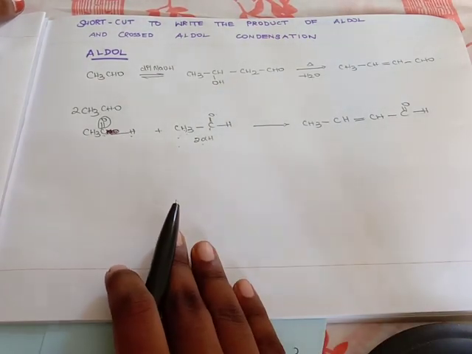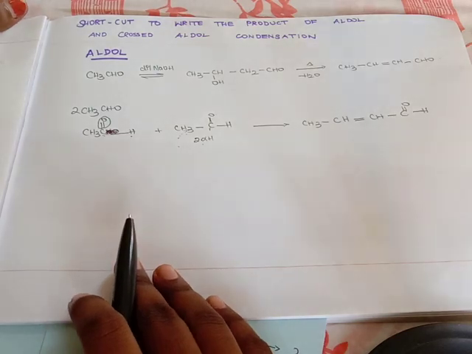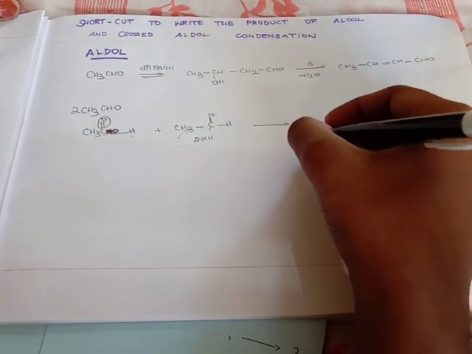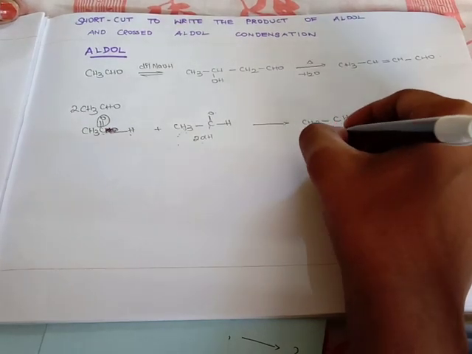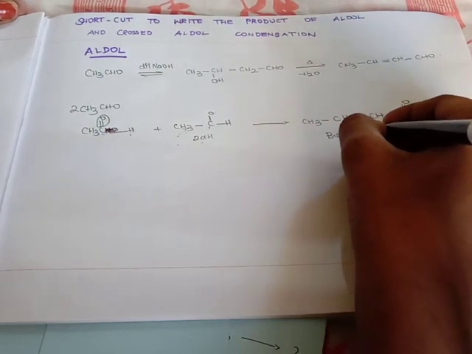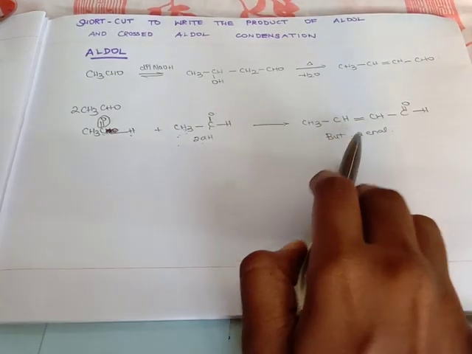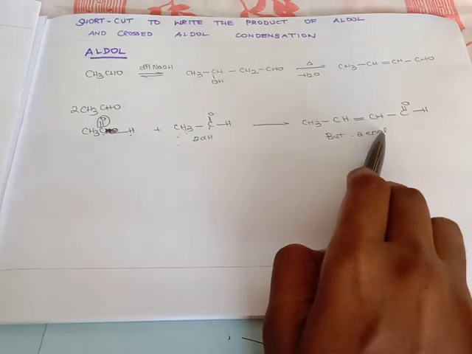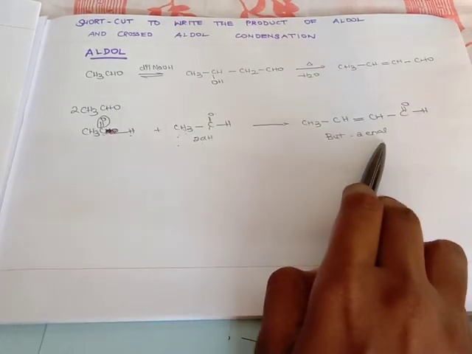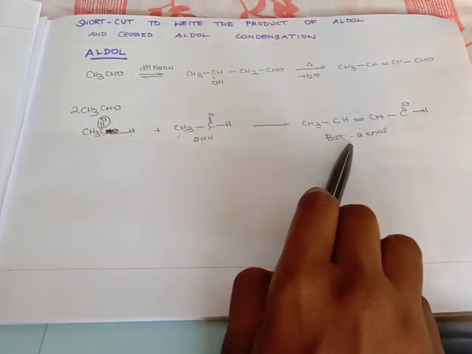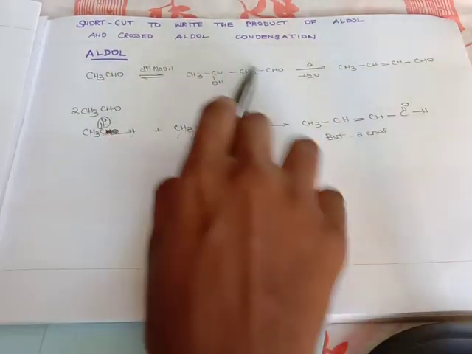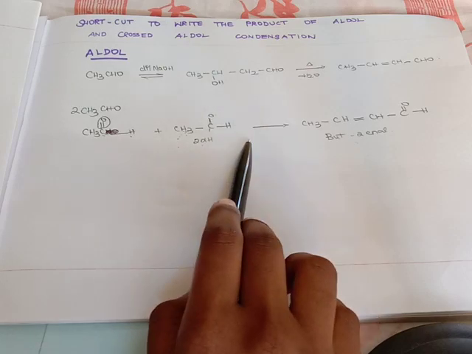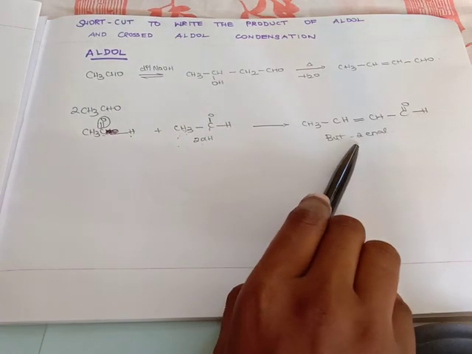This is how you have to do it. I'm going to teach you another example. Before that, I'll just name this compound. This is called but-2-enal. Okay, why 2-enal? In the second carbon you are having a double bond and it is an aldehyde group, so al. This product is same as this one. You don't have to do this intermediate step. You can easily remove a molecule of H2O from this and find the product.